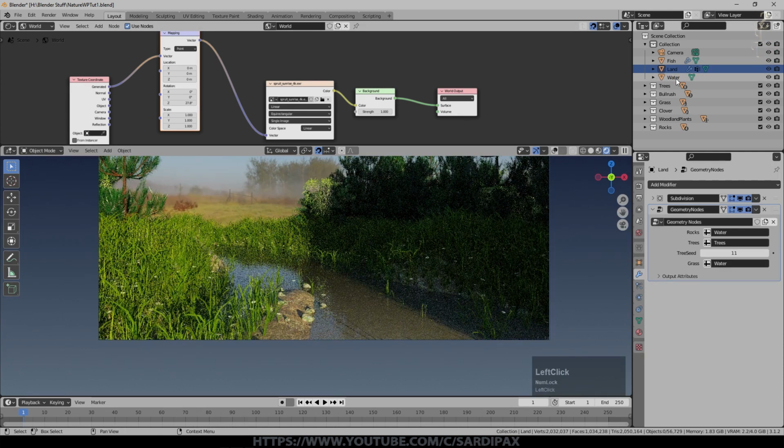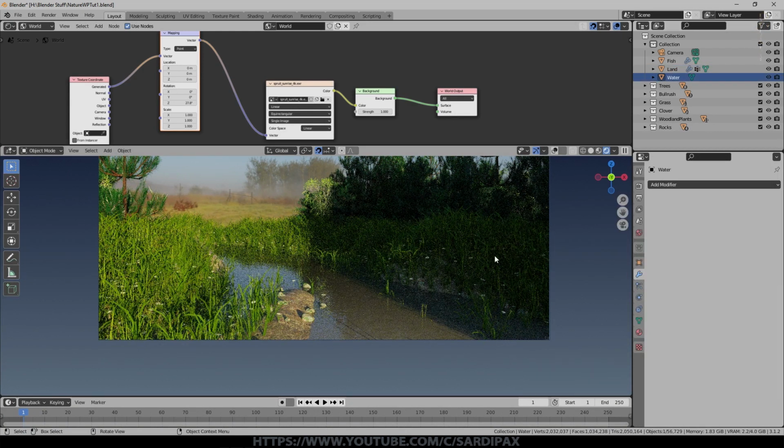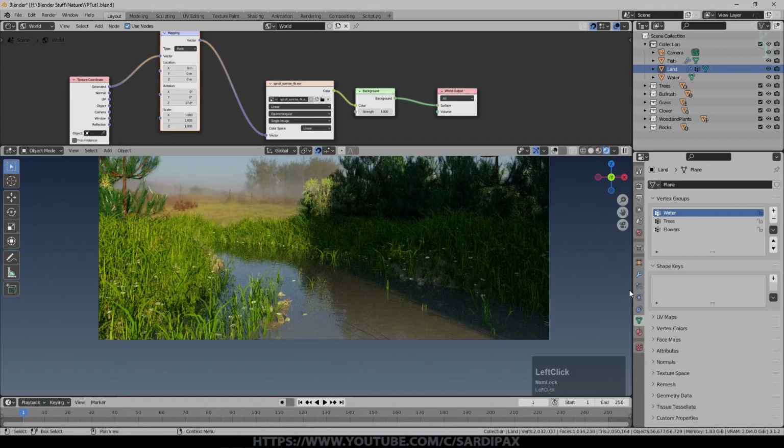And perhaps I'll raise that water up again slightly, and if need be you can adjust these vertex groups in order to shave away where you don't want things growing. But I think having a bit of the grass-like objects appearing in the landscape actually adds a certain amount to it.